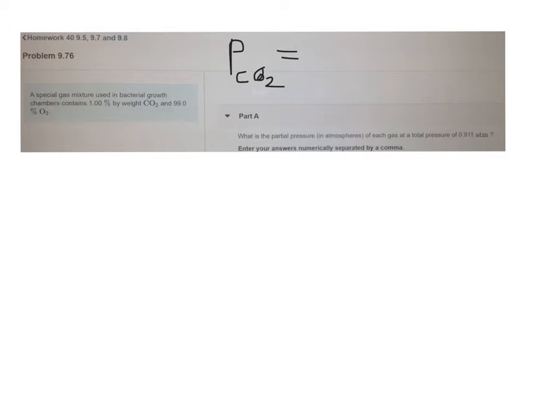Where the partial pressure of carbon dioxide is equal to your total pressure times the mole fraction of carbon dioxide, and the same goes for oxygen. The question is, how do we get those mole fractions? How do we get the moles of each? Well, what we're going to do is